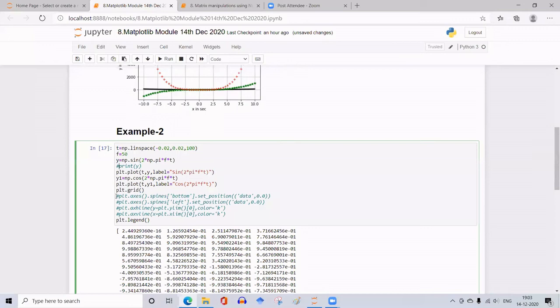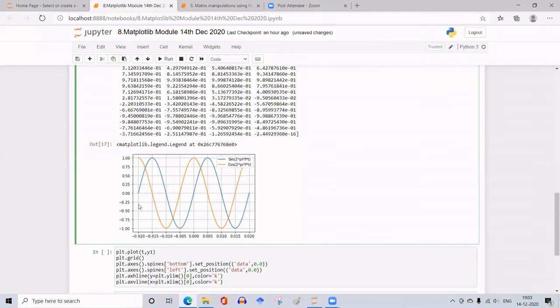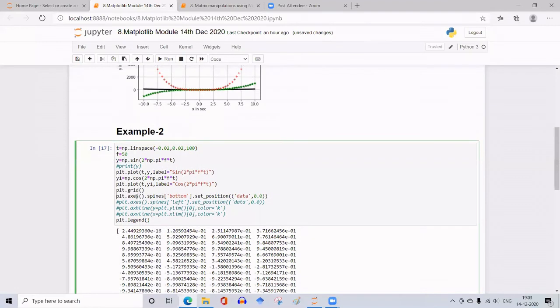Now that is done by these statements. Plt dot axis, that is we want to access the x and y axis, and then spines, those lines. Which line? Enclose it within square brackets, the bottom line. First I want to shift the bottom line, and set underscore position will set the position, within curved brackets.